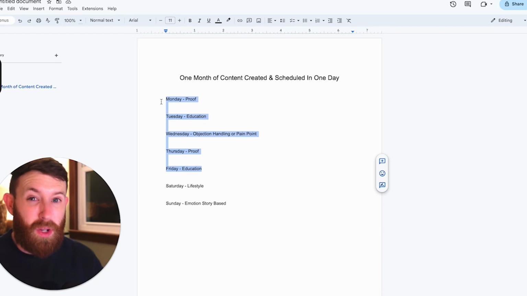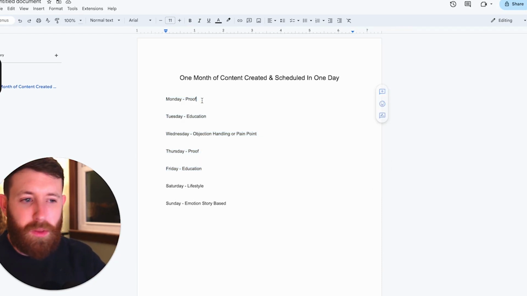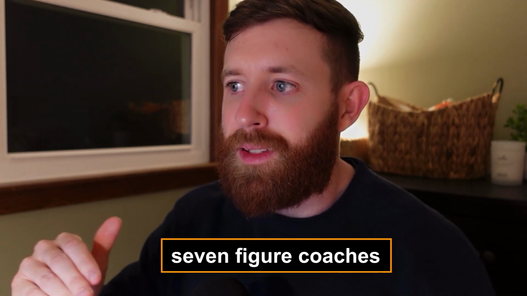These templates, by the way, can be way quicker to just simply copy and paste, fill in the blanks. And by the way, we've had some of the most successful coaches in their own industries come into the private coaching and indeed systems of skill for 6, multi-6 and 7-figure coaches, and be like, well, I'm not going to use the templates because I've been on social media for like 6 years, and I've been doing this and I've been doing that, and I'm successful and everything. I always say to them, just use a couple of them. Just use a couple each week and just see what happens after 2 or 3 weeks.